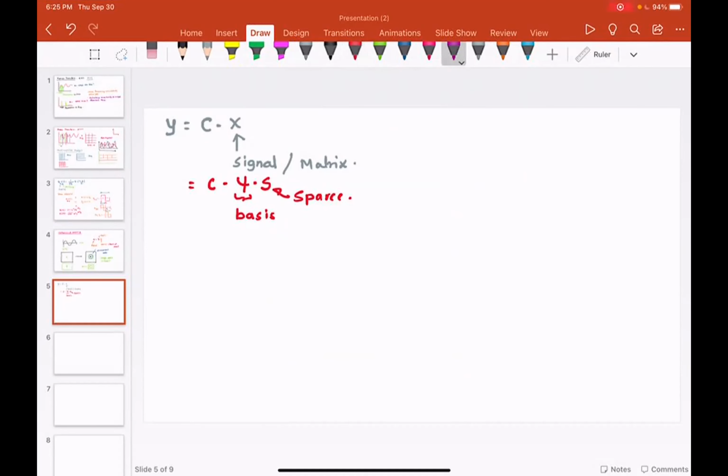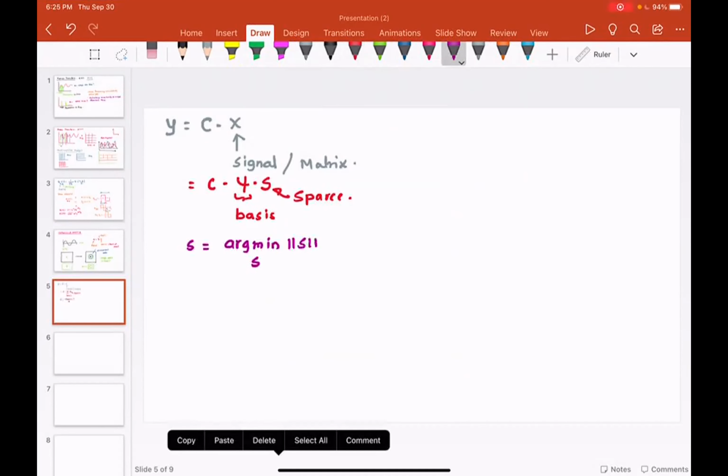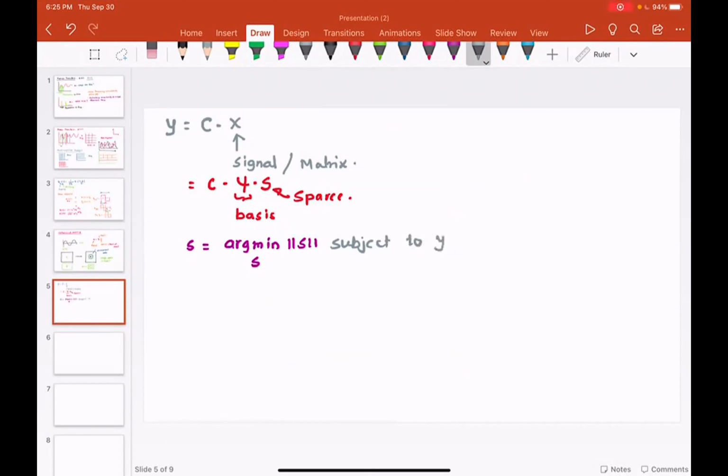That mathematically is represented as: the determination of S is given as argmin over S of the norm of S, subject to Y = CΨS.